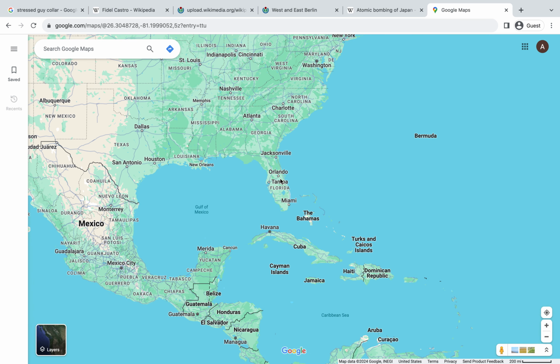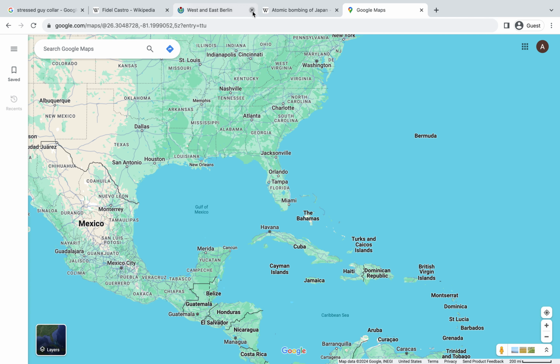We're going to take a look here. This is Florida. Cuba is right here. The end of Florida and, I guess you would call it, the beginning of Cuba are only 90 miles apart. So when a socialist communist guy, and the United States does not like anybody communist or socialist, sets up a government right here, 90 miles away from the United States, it's going to make the United States a little scared, a little jumpy.